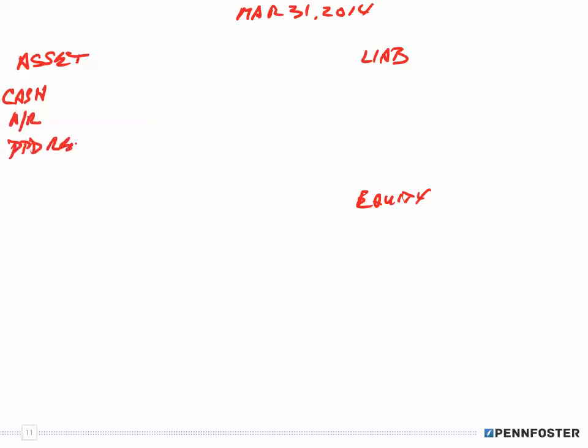So then I put in assets, and then I have my liabilities here, and I have my equity here. I'm just abbreviating, I'm not writing out stockholders' equity. So then we end up listing our accounts: cash, accounts receivable, prepaid rent, supplies, equipment,